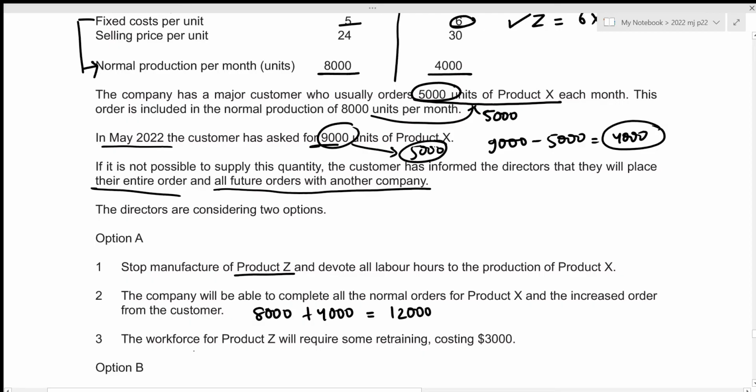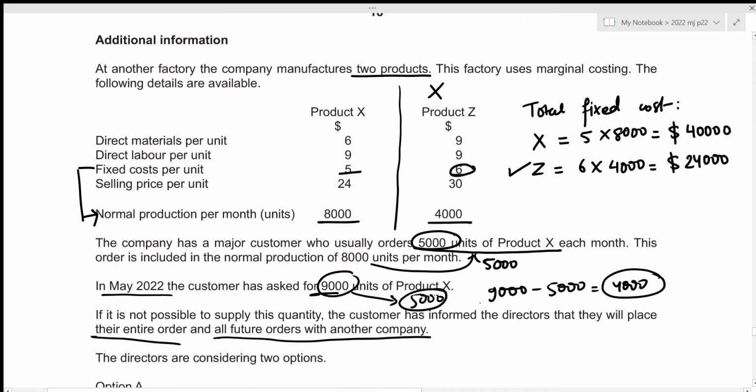Then the workforce for product Z will require some retraining, costing 3,000. So this is training cost, which needs to be added to our fixed cost. Let's figure out the total fixed cost for option A. So this will include the fixed cost for product X, which we figured out to be 40,000 right here. And this will also include the fixed cost related to product Z, which resulted in 24,000,